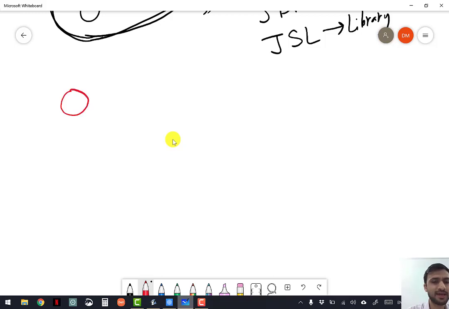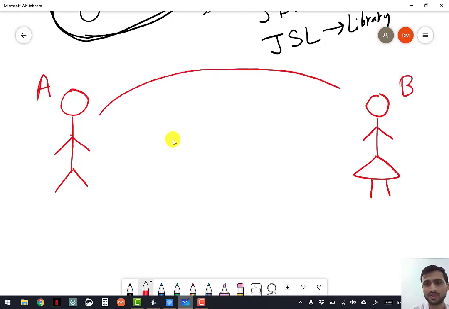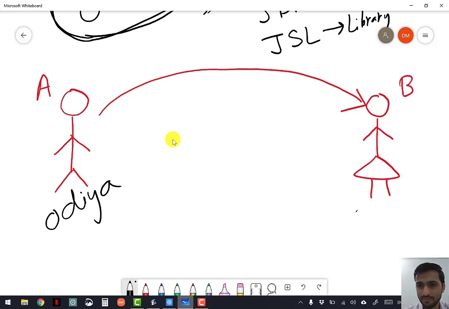So there was a guy A, and he is in love with a girl B. He wants to propose to her. But the problem is, this guy knows only Odia and this girl knows only Malayalam.